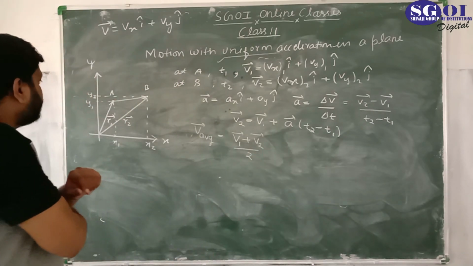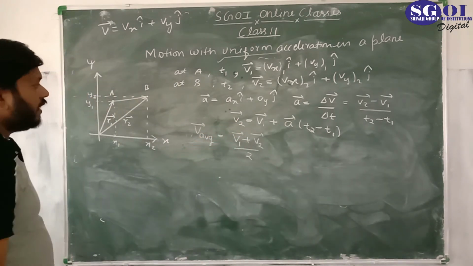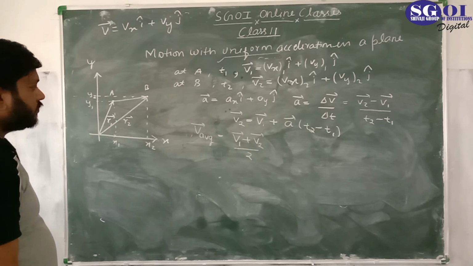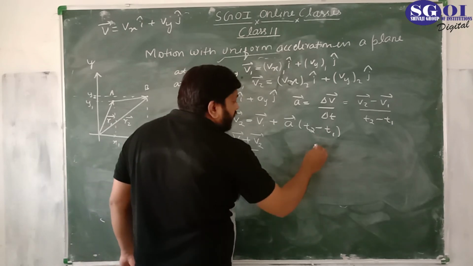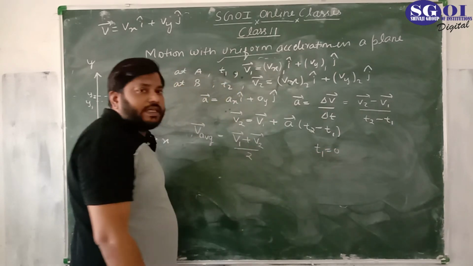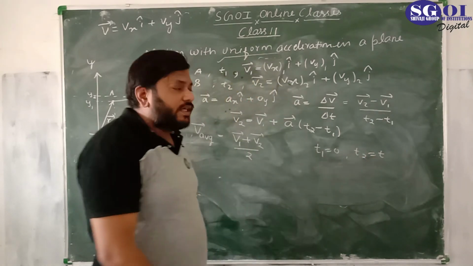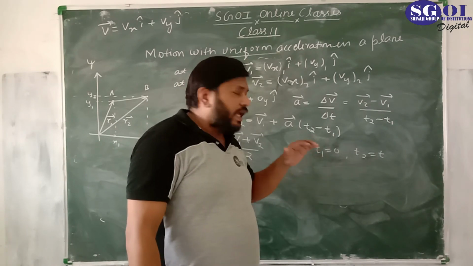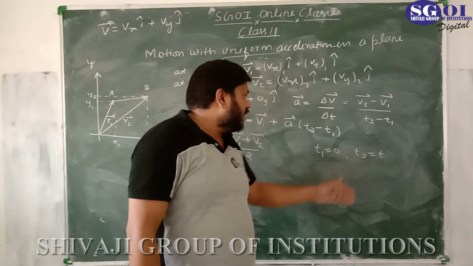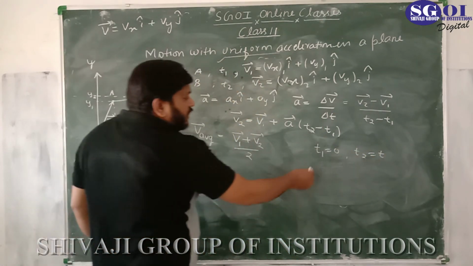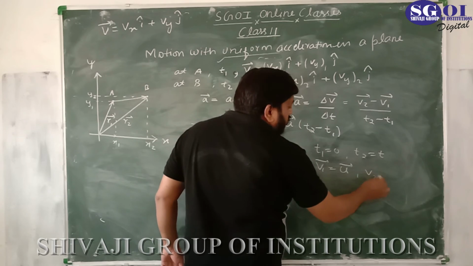And we can now put in v2 and v1. If we take time t1 equal to 0 at the time of observation and t2 equal to t, we are considering that at the time we start the analysis the time is 0, and after time interval t its velocity becomes v2, and initially its velocity v1 is, let's say, u, and v2, let's say, v.